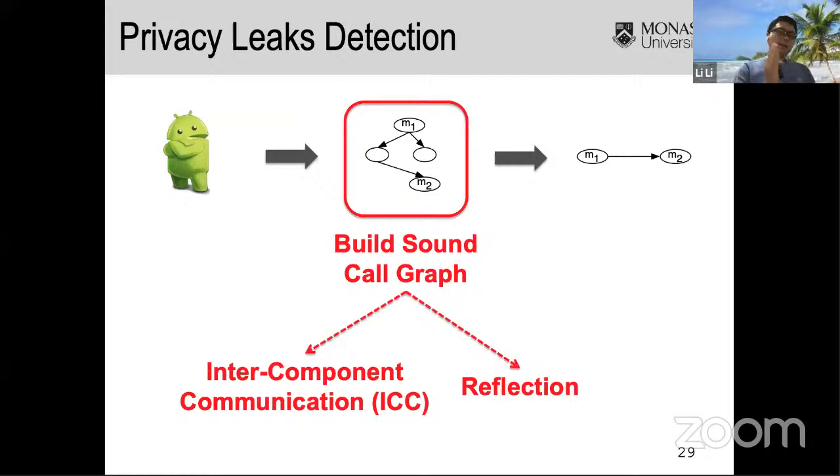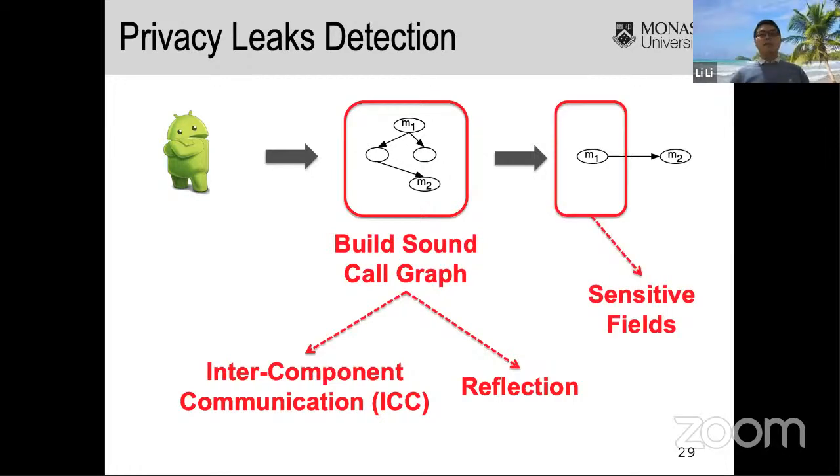So that's our contribution in the privacy leaks detection domain. And recently, actually, we found that when we talk about sensitive data flows, the sensitive information in Android may not always be returned from some methods, or let's say Android APIs.